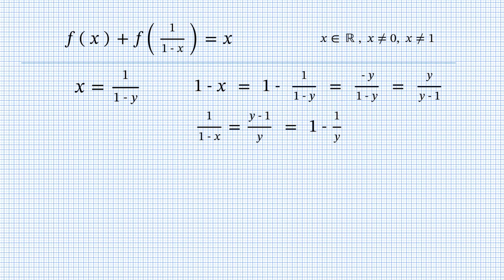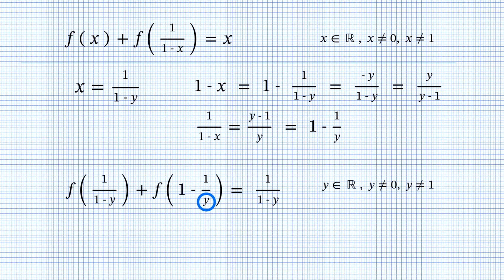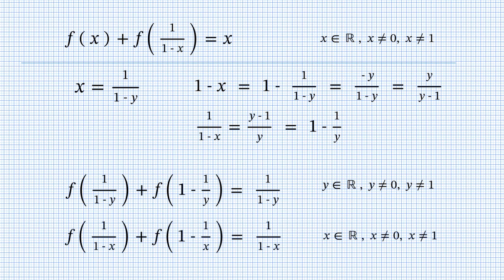Now we are ready for the substitution, and we get the following equation, and here it is quite obvious that y can be neither 0 nor 1. Now the sneaky part. Given that y is just a variable having the same area of definition as x, we can replace the letter y by the letter x. This brings us to equation number 2.